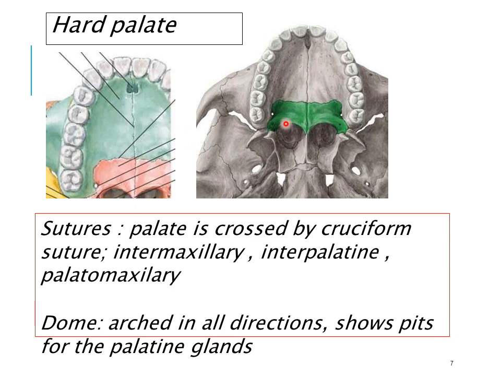So this we have discussed already. The sutures in the hard palate. This complete suture is known as the cruciform suture. The intermaxillary, interpalatine, the meeting point of this, because it is cross-like, the intermaxillary, interpalatine suture, and this is the palatomaxillary suture. So this is like a cross, so it is known as cruciform suture. So this is intermaxillary, and this is interpalatine suture, and this is palatomaxillary suture.